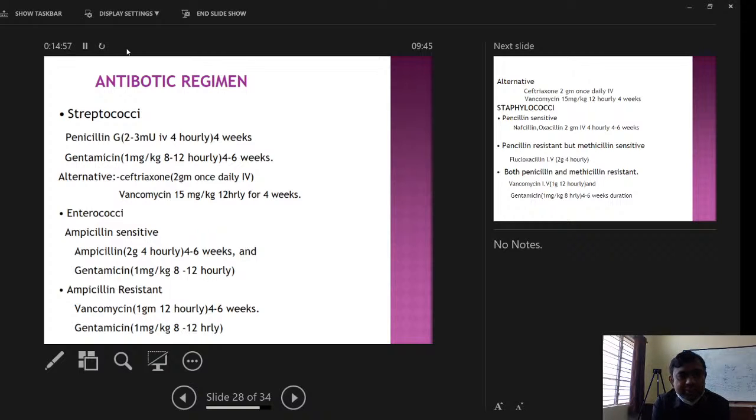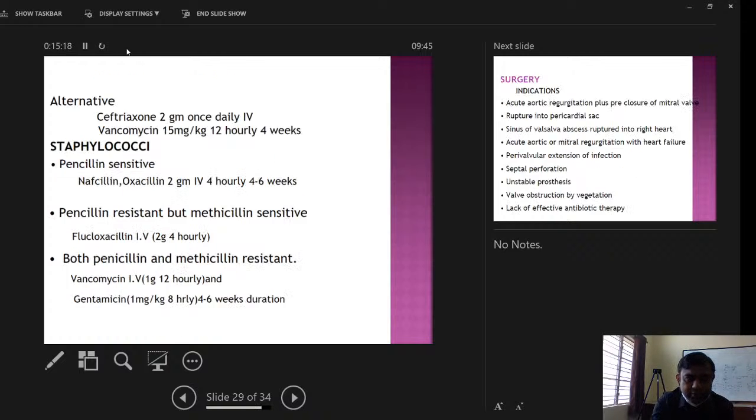If you are suspecting enterococci, if the culture is showing enterococci, then if that enterococci is ampicillin sensitive, start with ampicillin 2 grams 4th hourly for 4 to 6 weeks, and gentamicin 1 mg per kg 8 to 12 hourly or 3 mg per kg per day. And then if ampicillin resistant, then give vancomycin and gentamicin. Alternative is ceftriaxone or vancomycin. Then if it is showing